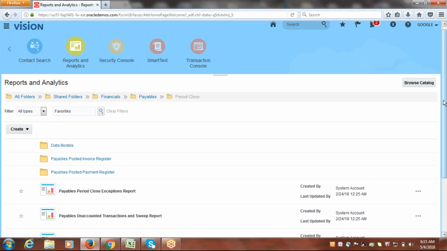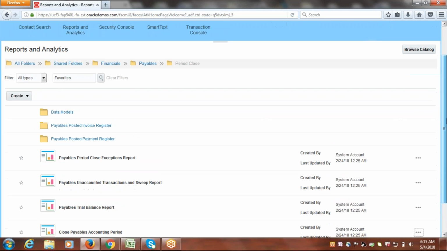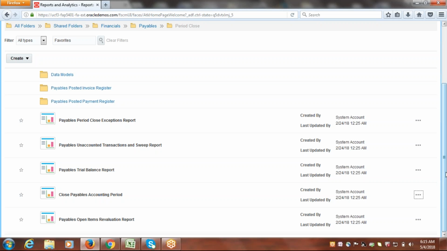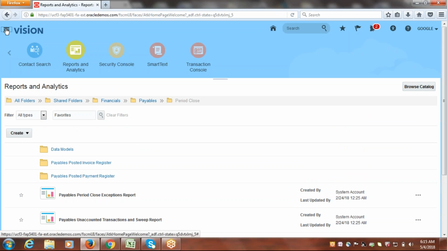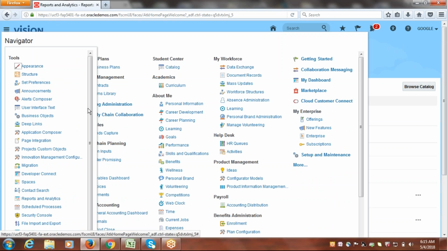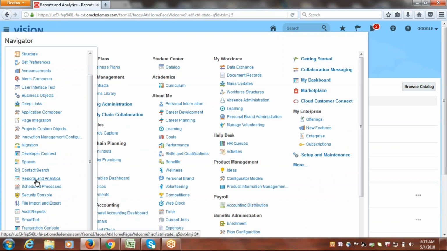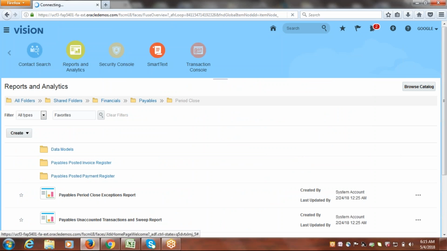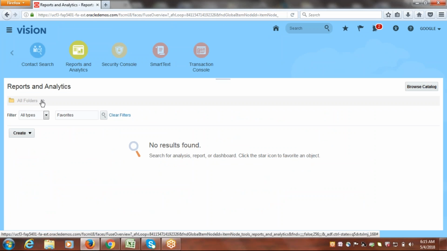But when you compare with EBS, it remains the same. No difference. You could see the same process reports we run as a part of period close. All the set of reports and processes you can see here. Okay, how to navigate from Tools? You can navigate here: More. Under Tools, you have a task called Reports and Analytics. Click on Reports and Analytics, expand all folders,